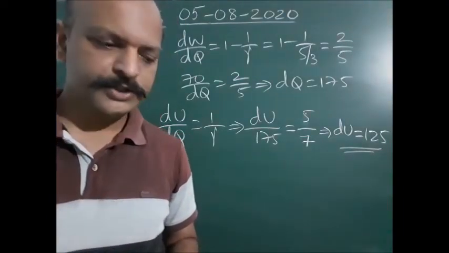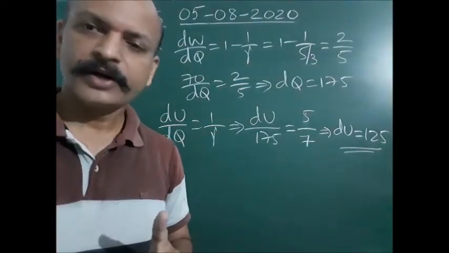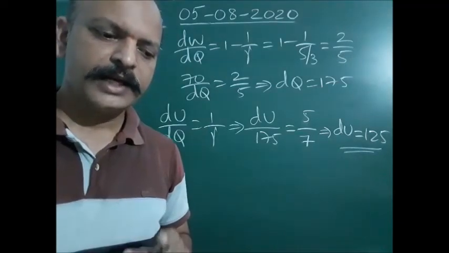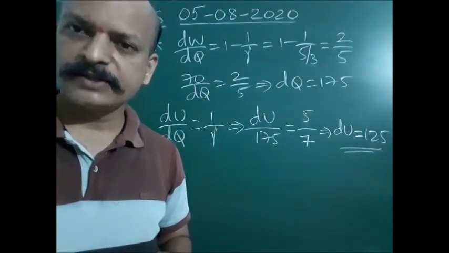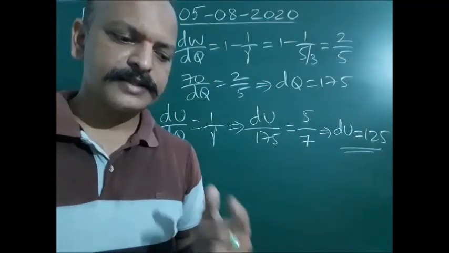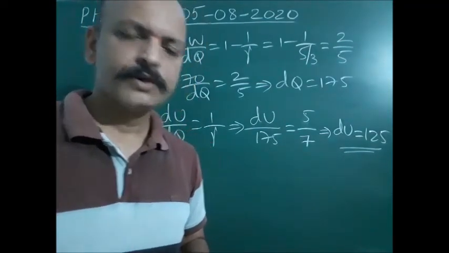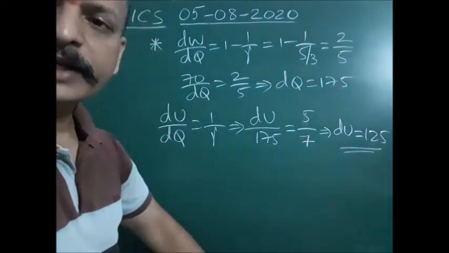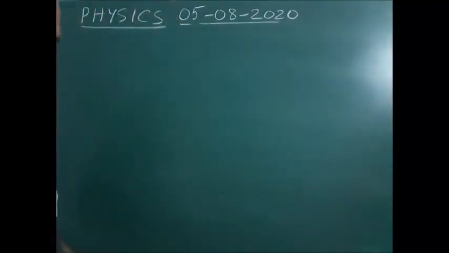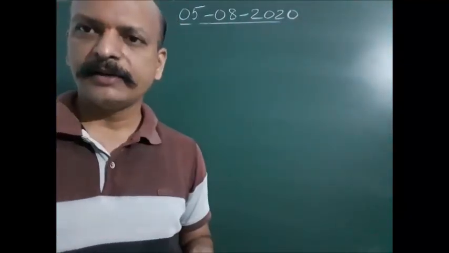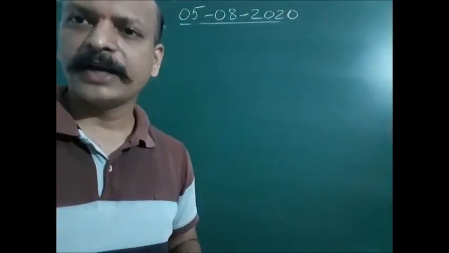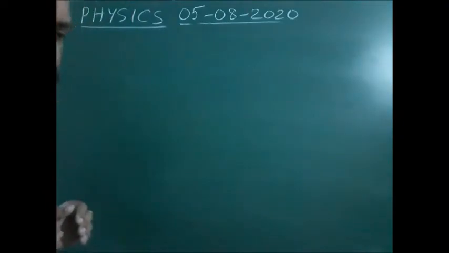The next additional question we have is, when 1 gram of water at 100 degrees Celsius is converted into steam at 100 degrees Celsius, it occupies a volume of 1671 cc at normal atmospheric pressure. The increase in the internal energy of molecules of steam is? Here, increase in internal energy is asked to calculate. Okay. For that, first let us see what are the given values. Let us convert, because options are in joule. Let us take all values in the SI system.